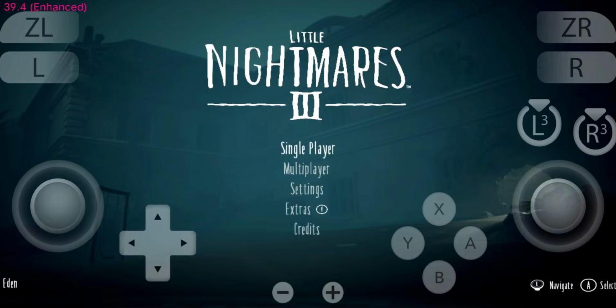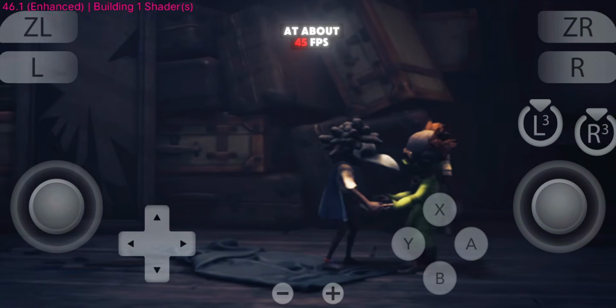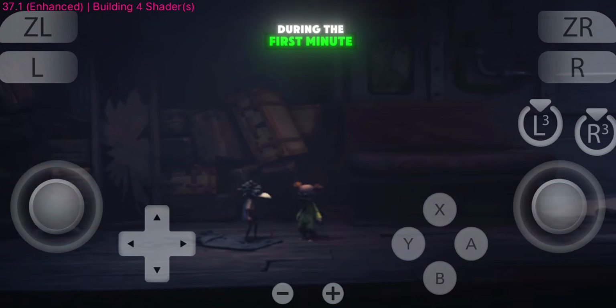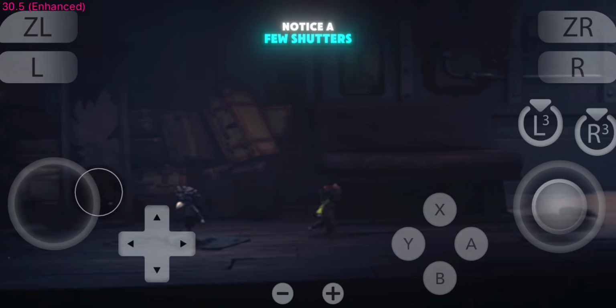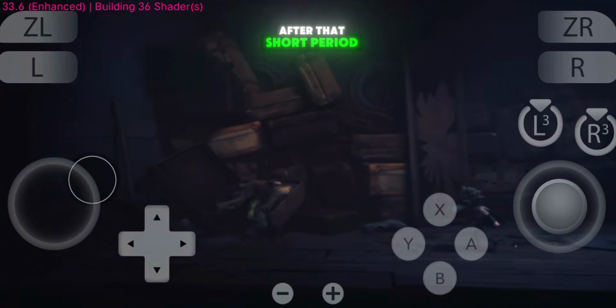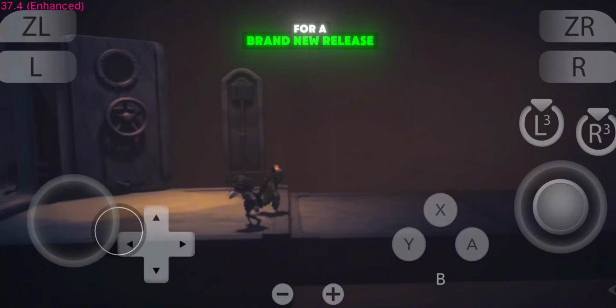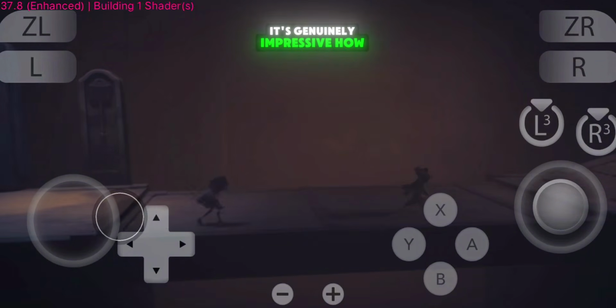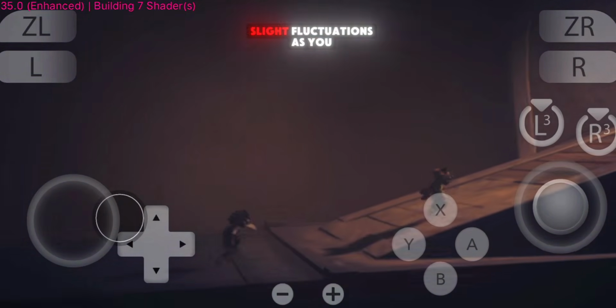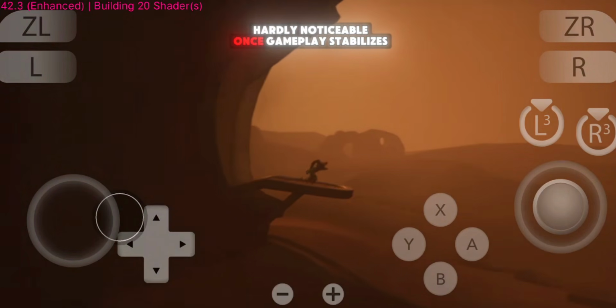how stable it feels. When you start a new game and select your character, the cutscene begins running at about 45 FPS. During the first minute or so, you might notice a few stutters. That's completely normal because the emulator is compiling shaders. After that short period, everything stabilizes, and the gameplay becomes smooth and responsive. For a brand new release like this, it's genuinely impressive how well it runs on mobile. You might still see slight fluctuations as you move through new areas, but they're minimal and hardly noticeable once gameplay